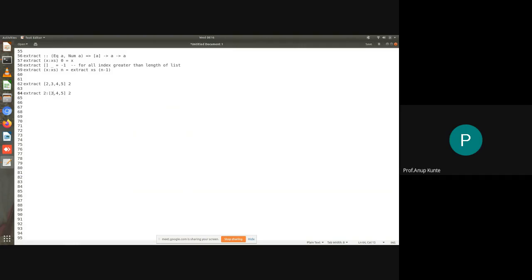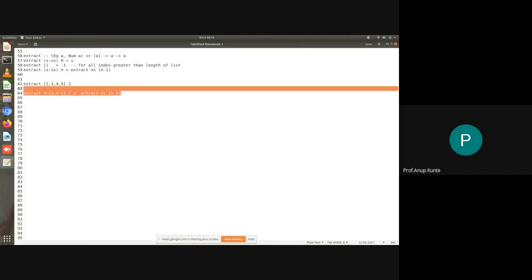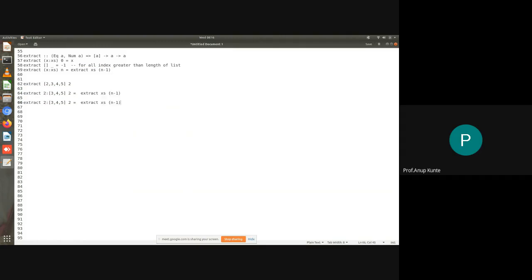So 2, and this is the tail of the list. Now this is equivalent to, if I see the right hand side of this equal to sign, it should be this, just copying it down. I know I'm hurrying a bit, but then you'll realize what is happening.